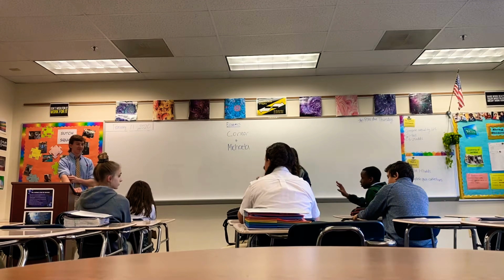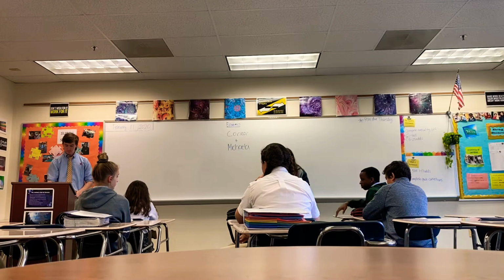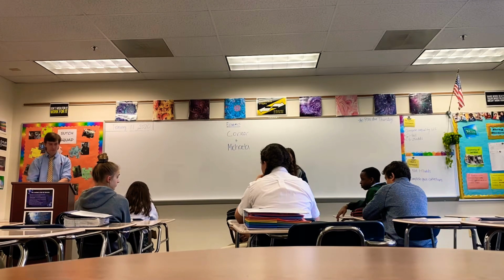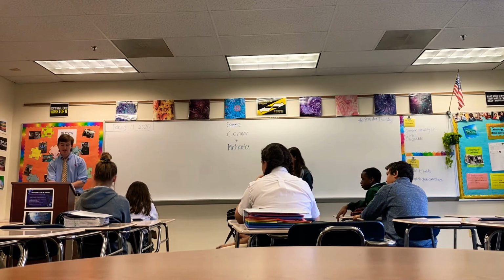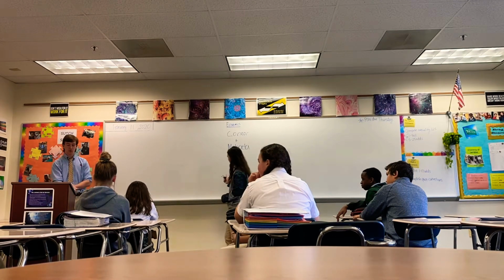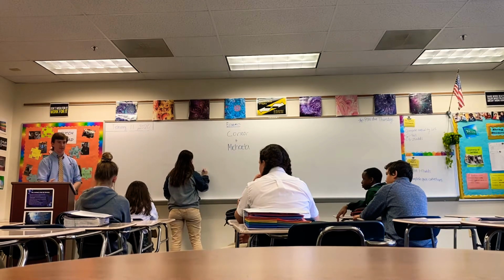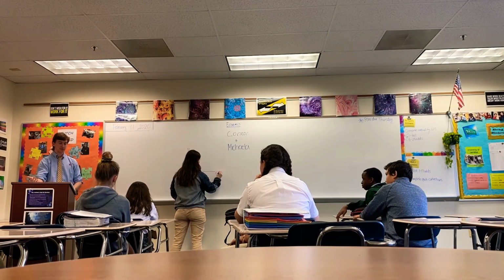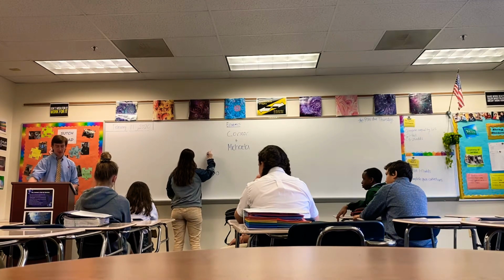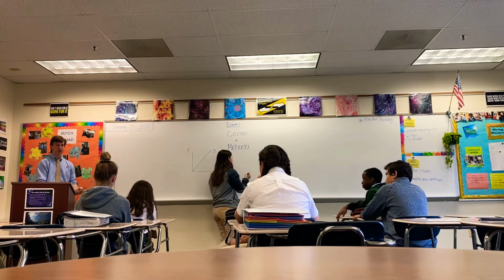All right, what's your name? Orion. Orion, let's hear it. So the supply is what the company has, and the demand is what the households want. Yes, basically. So supply is what the company has and what they're willing to supply at a certain price point. So if the price is, let's say, $10, the company would be willing to supply 10 units of that good. And then demand is how much of a certain good households would be willing to buy at a certain price point.